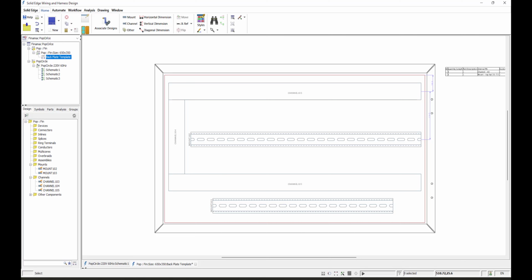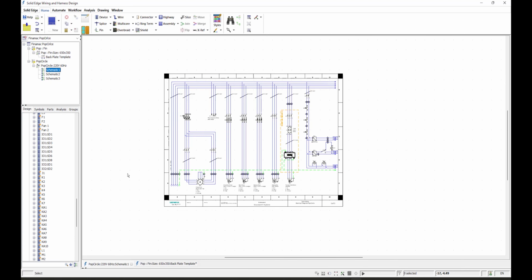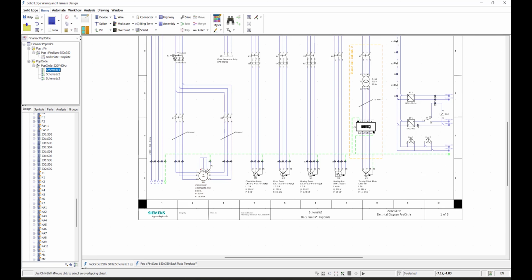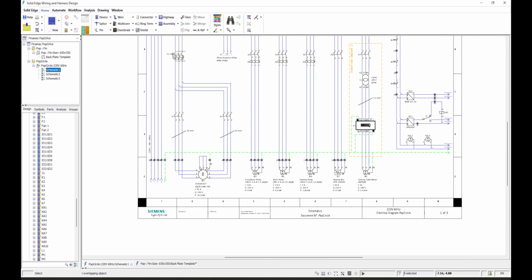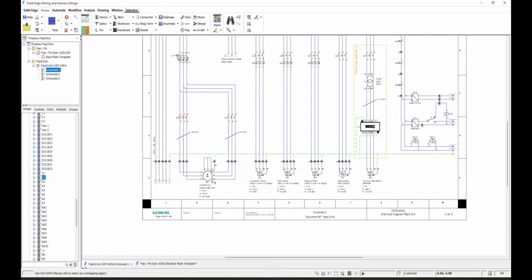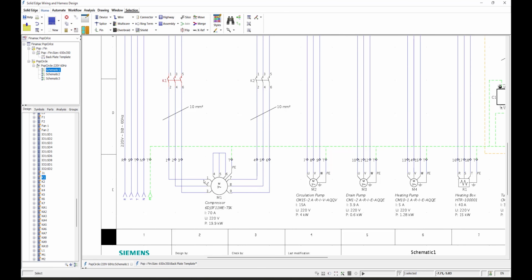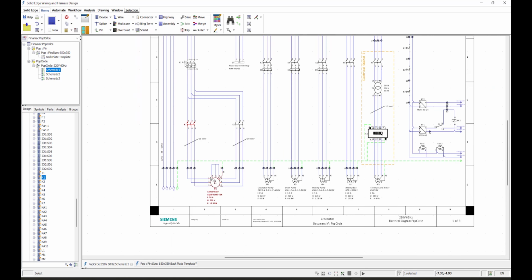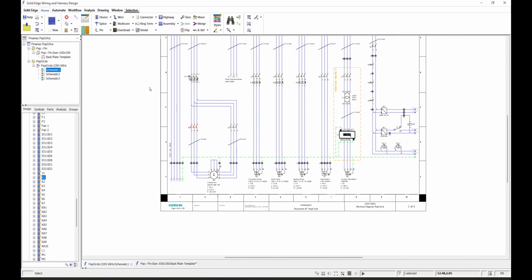All right, so these are bound right here, right? These are the schematics, so let me go ahead and open that up real quick here. So these are my schematics, obviously showing you how things are laid out. From this, I believe a compressor here, it goes to some kind of a switch here or circuit breaker, things like that. And then obviously you have the pins, the wires, and all that, how they're connected, and so on. So what I need to do here, I'm going to go back to my plate here,